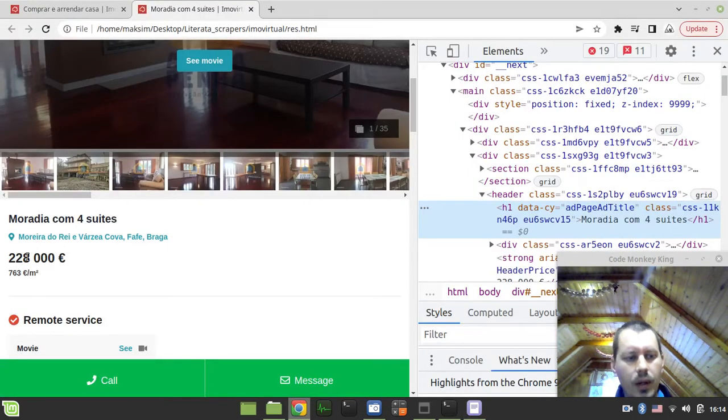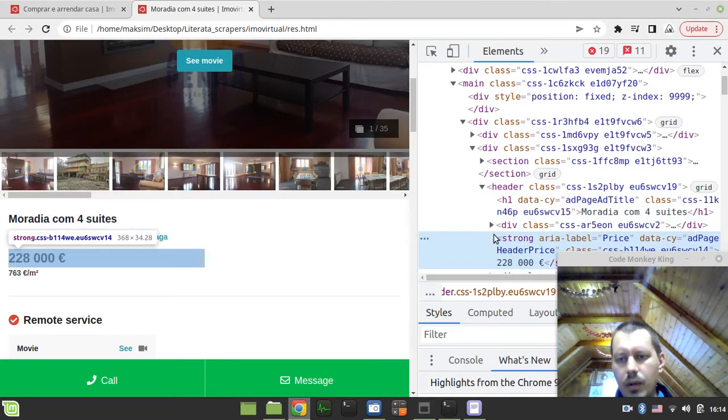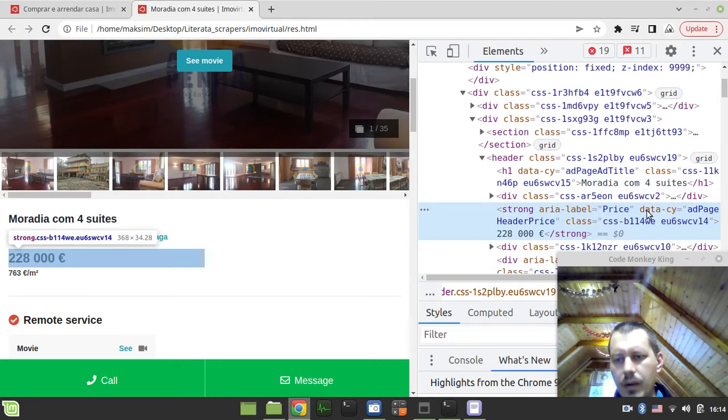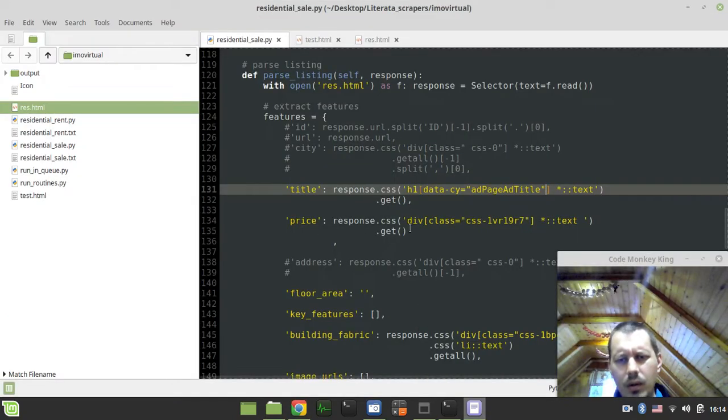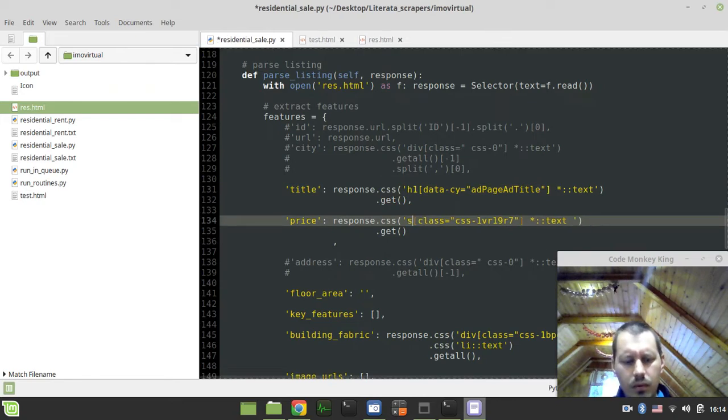Okay, let's go for price then. So inspect this one. Yeah, so probably we can use these guys. This is the strong tag. Is this going to work? I'm really wondering. So using the strong tag like this.